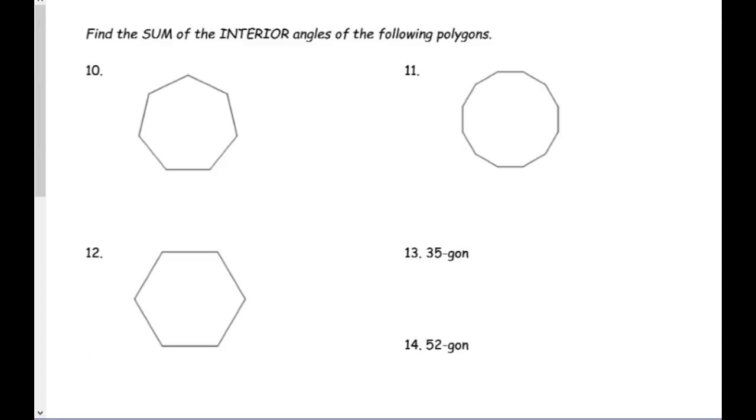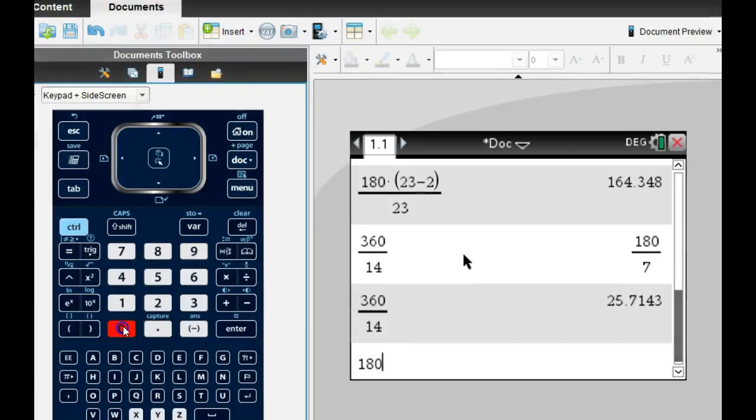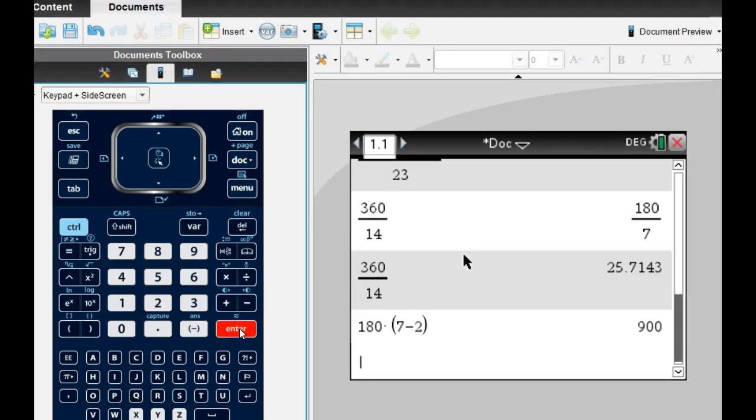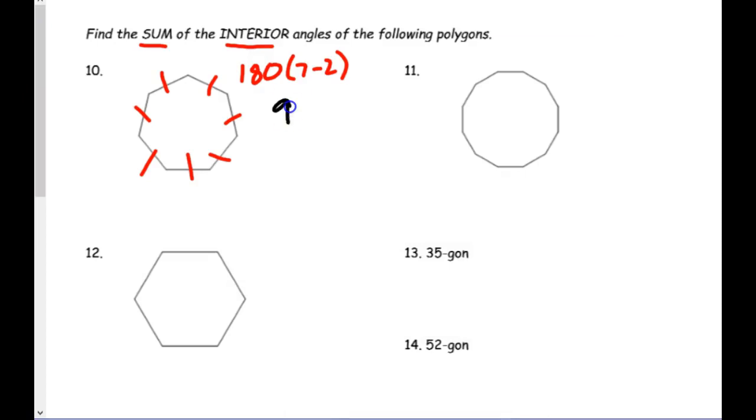Alright. Sum of the interior angles. We're going to use n minus 2 times 180, again using our formula. So 1, 2, 3, 4, 5, 6, 7. 7 minus 2 times 180. Or to use the formula that's on the front of this sheet, it's 180 times 7 minus 2. Doesn't matter if the 180 is before or after, you get the same thing. 900 total degrees